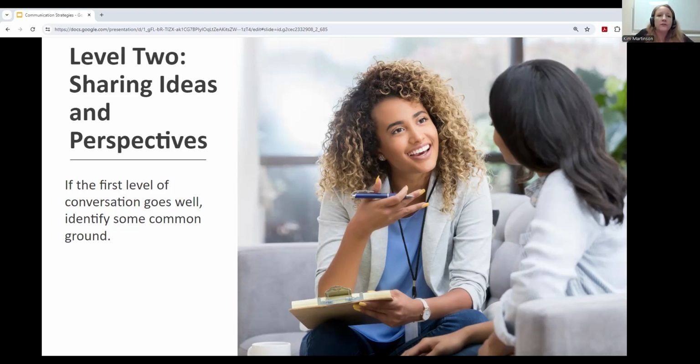So although this level of conversation is one of the most often used and is the most conducive to relationship building and opening communication channels, make sure you don't limit yourself to just one person in a large social gathering. And then I'll mention some successful tips about mingling in a minute.